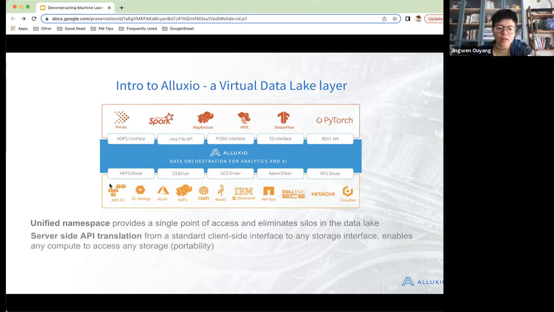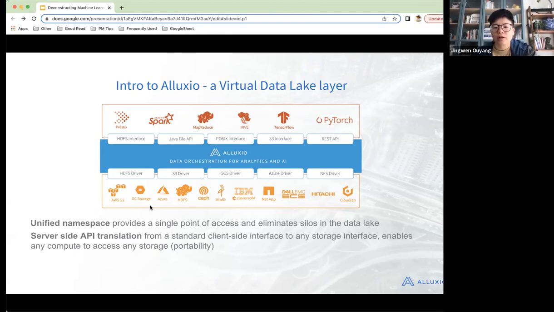We also provide server-side API translation. For example, if people build their client to use, say, the HDFS interface or POSIX interface, they don't care what the storage underneath is, and Alluxio does the translation for them.